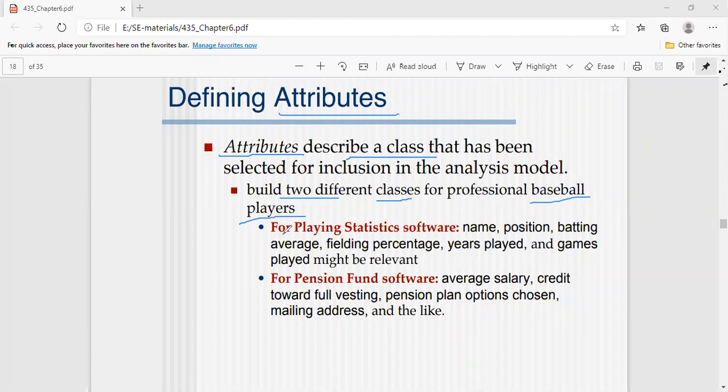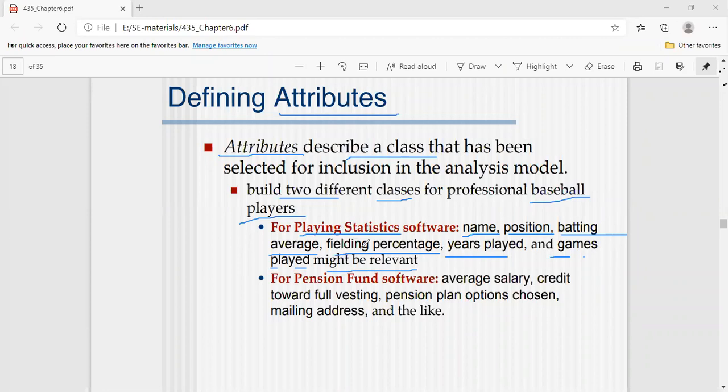Class 1 is playing statistics. Now we are going to develop playing statistics: how they are playing, and how we are going to see the statistics of that particular game. For representing this, we take the attributes: name is one attribute, position is another attribute, batting average, fielding percentage, years played, and games played might be relevant for this class.